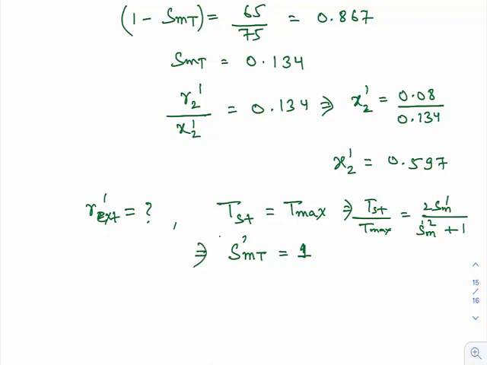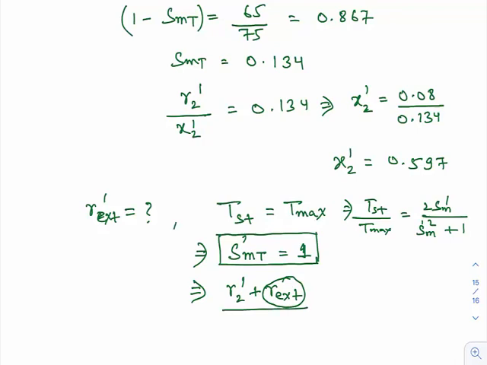This condition we have already discussed in the class: if you want to achieve maximum torque at the starting, and we know that at the starting the slip is maximum, equal to 1, since the speed is 0 at the start or standstill condition. So in that case, what starting torque will we get? Maximum. So what can we do here? R2 plus R external, this additional resistance we are inserting in the rotor of the induction motor such that I can get T starting equal to T max, and for this the slip is 1.